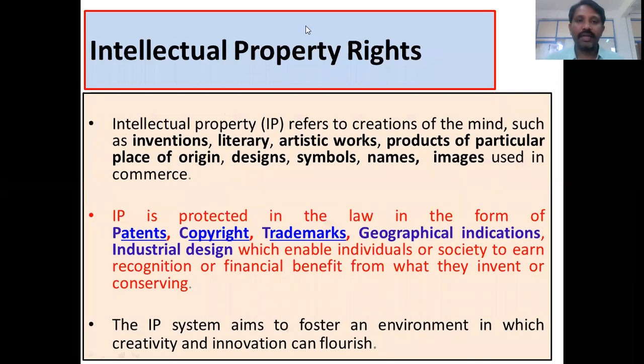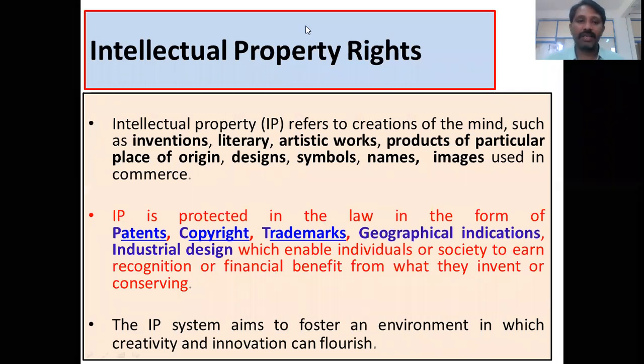Here you see intellectual property rights. Intellectual property refers to creations of the mind, such as inventions, literary and artistic work, products of a particular place of origin, designs, symbols, names, images used in commerce. So all the things I mentioned here are created by the mind. Created by the mind. So the intellectual created